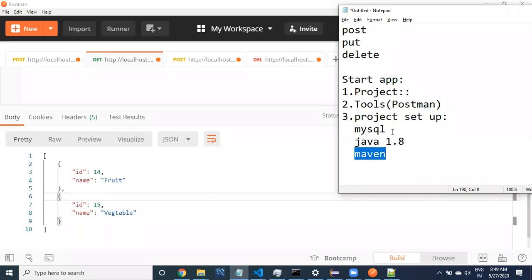Everybody has MySQL, right? Can you please confirm MySQL 8 is ready? Please tell me, guys. And Java will obviously be there.